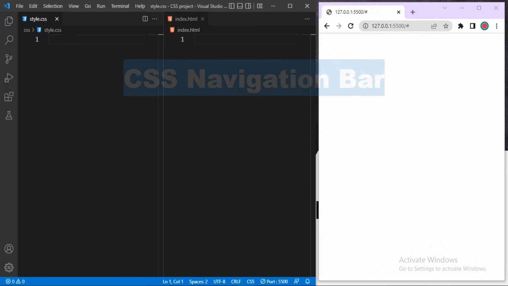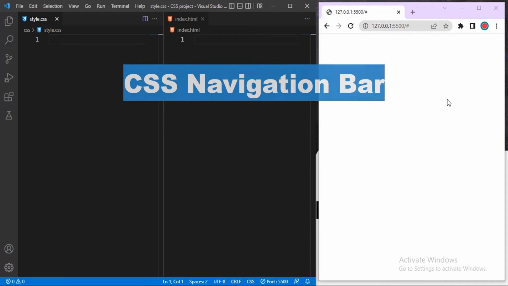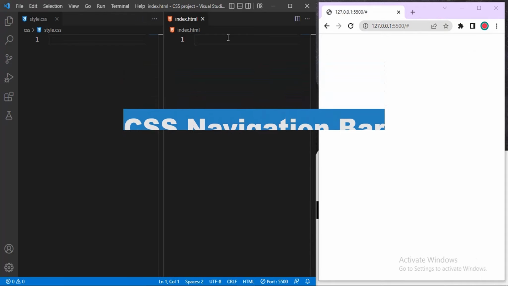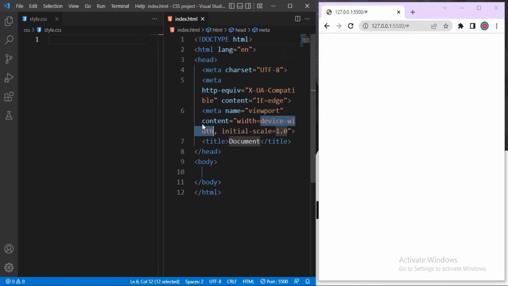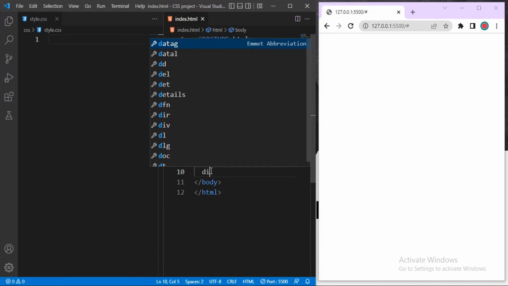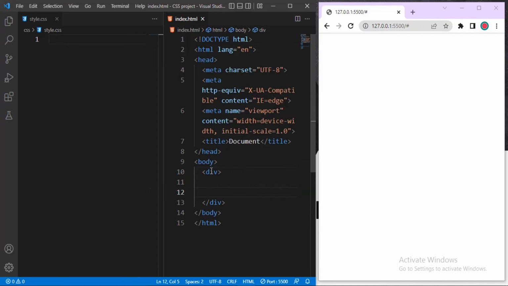In this video, I'll be talking about CSS Navigation Bar. To start with that, I'll create my HTML structure, not here, but here. And then inside the body, I will create a div element. Inside the div, I will create